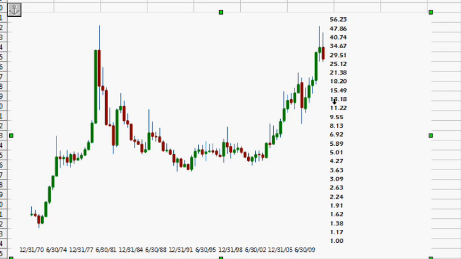Now, people ask about a cup and handle formation. And that would be one of my possible predictions. If you want to hear them, I probably will do them anyway, but I'm going to be giving at least 4. One of the 4 is that we do come back down to this 20 level, and one of 2 things is going to happen. One is something like we've seen in 79 where it just explodes to some degree or another, and another one will be that it continues going sideways and probably breaks down to around $9 an ounce one more time, maybe even 11 and a half,